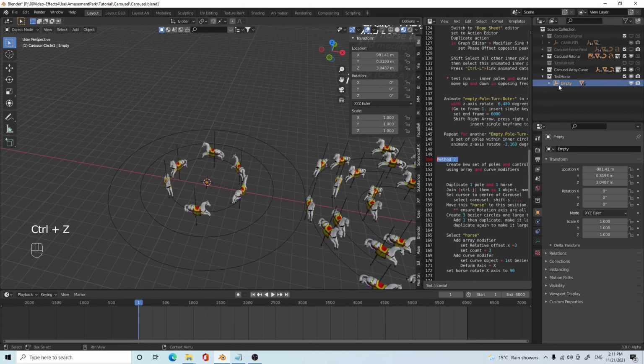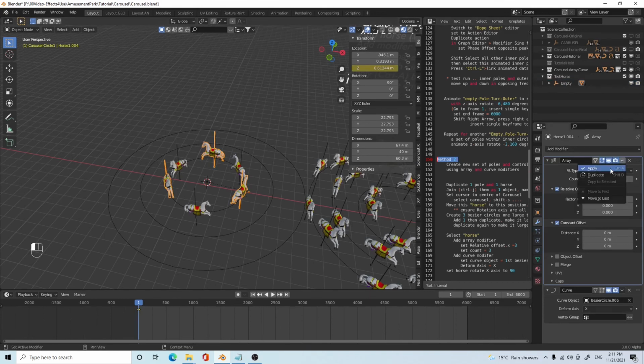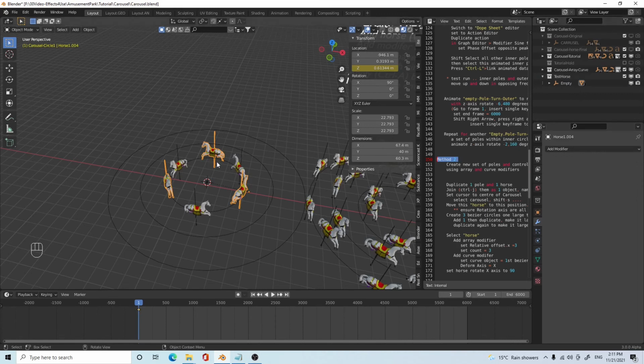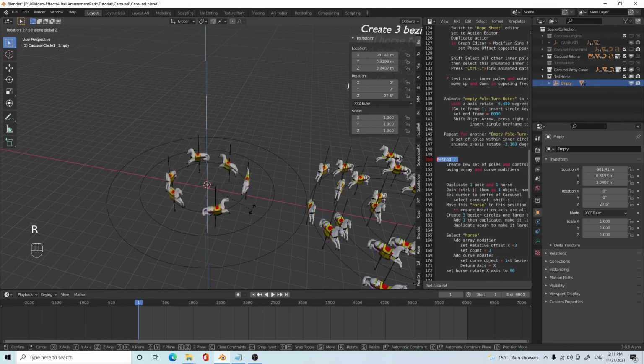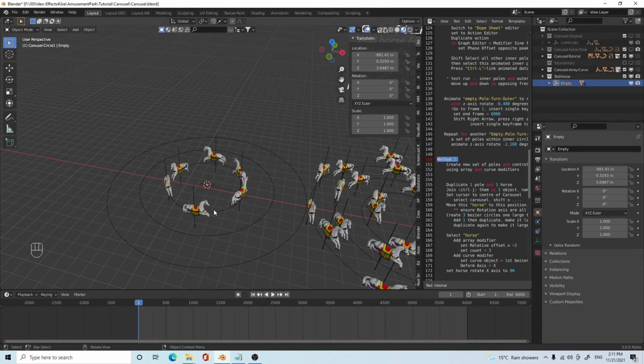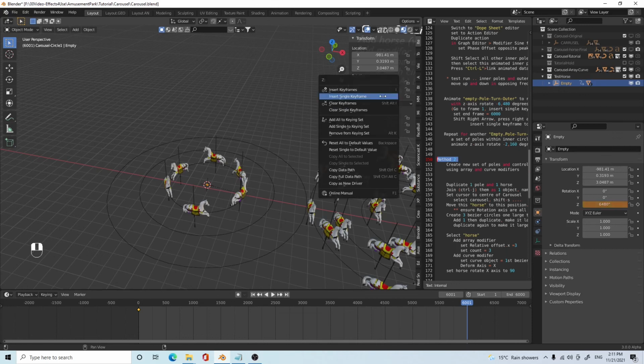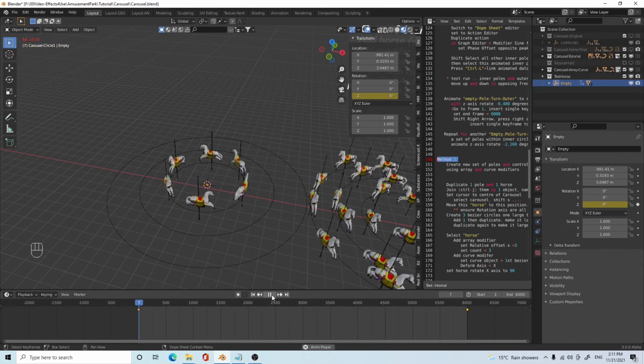So the way to do it is that you go to the horses and apply the modifier. Now with that said, if I select the empty again and then press R Z, you can see I can turn the horse now. So by inserting, let's say, a keyframe to the empty at rotation 0, insert single keyframe, and then go to the end frame, press one arrow key, one frame up, 6,400, let's say. It's 80. Insert another keyframe here. So if I go to the beginning, you can see now these horses are turning